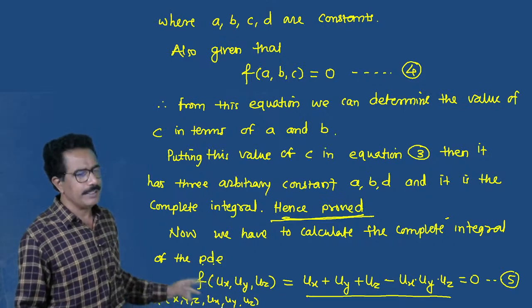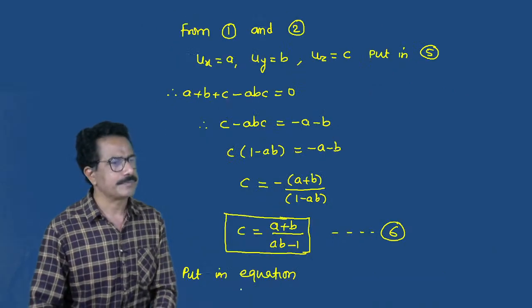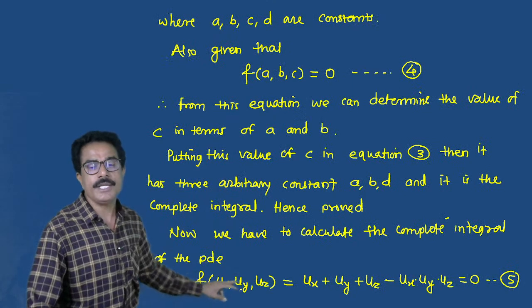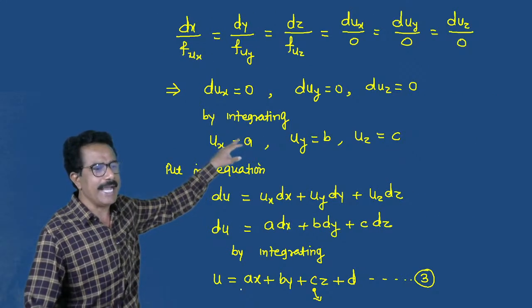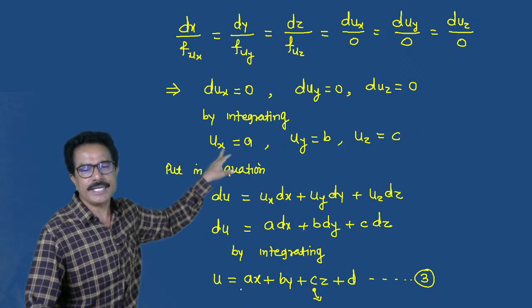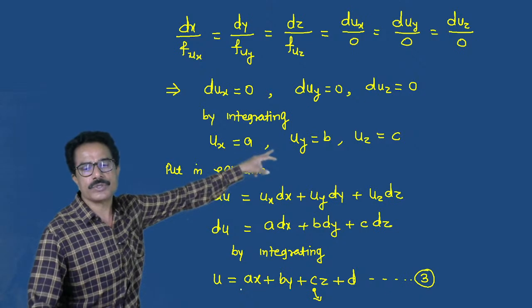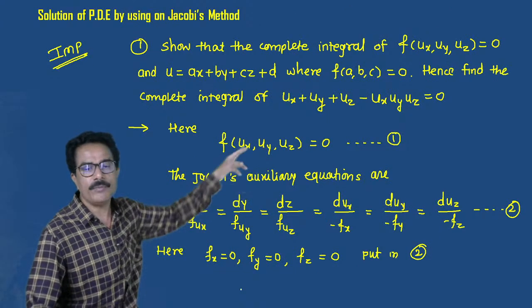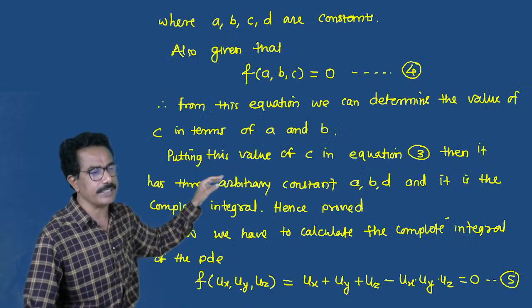असं सुद्धा कंपेअर करू शकता, काही अडचण नाही आहे. So now from 1 and 2, this is a function only in terms of ux, uy, uz, then definitely we can say that ux is equal to a, uy is equal to b, uz is equal to c. If we take from 1 and 2, if we replace this value in the auxiliary differential equation,